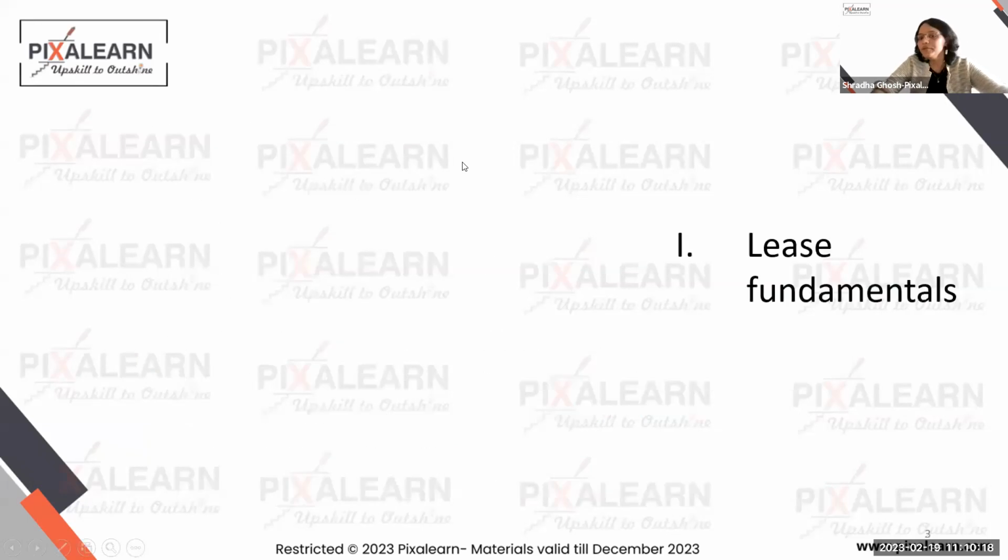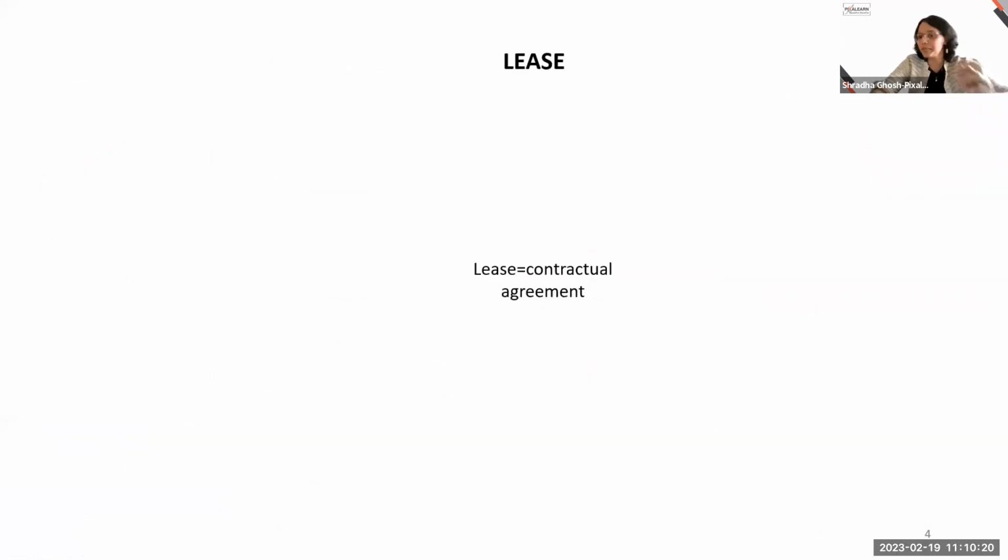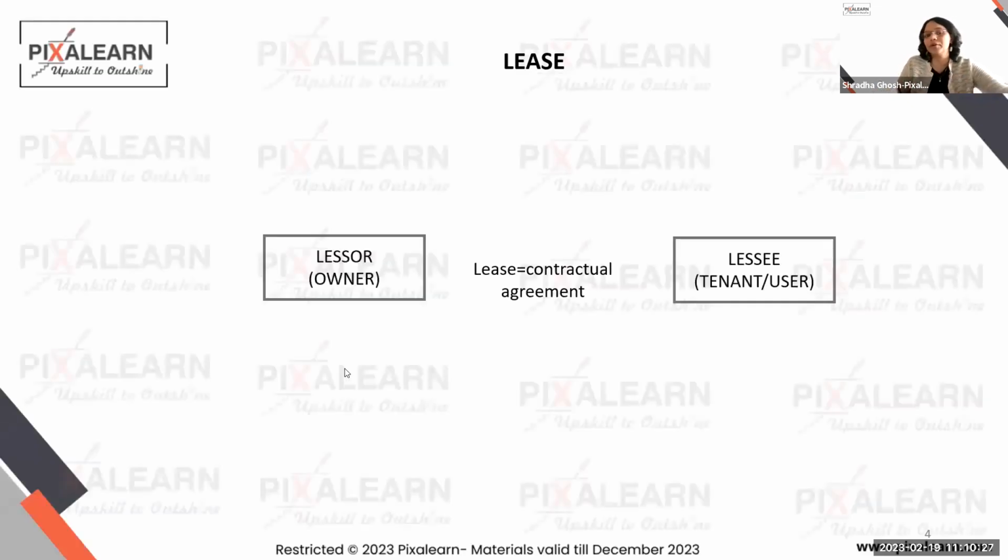Now, the moment we talk about lease, it is typically a contractual agreement. There are two parties involved. One who is the owner of the asset. We're going to typically refer to them as lessors. So these are the people who own the asset. In my example, if I talk about Tesla, Tesla manufactures the cars, which are very sophisticated, come with a lot of features, and have the added advantage of taking care of the environment. That's the reason a lot of people like them, they have a lot of efficiencies, and it is an environment friendly car.